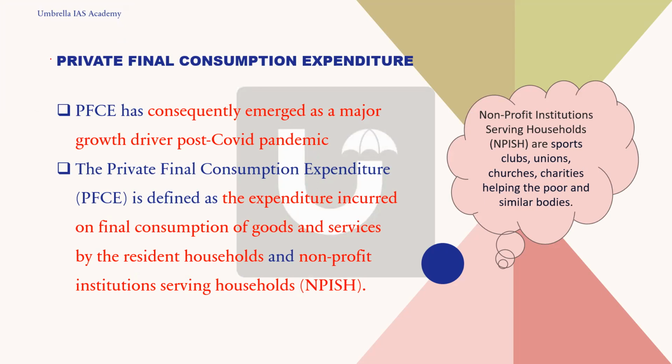So, private financial consumption expenditure. Again, this is important for prelims. What is this private financial consumption? They may ask you what this is and why it is important. In the review, it is mentioned that this is one of the reasons why India has recovered from COVID. So in the interview also, you can use this word. They'll ask you, why do you think India has recovered fast from COVID? You should say that it is mostly because of the consumption expenditure. People have started to spend a lot, and because of that there is a good revival in the economy. So private financial consumption expenditure has increased.